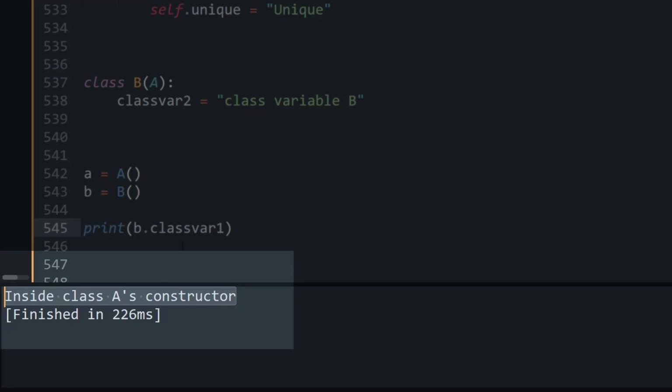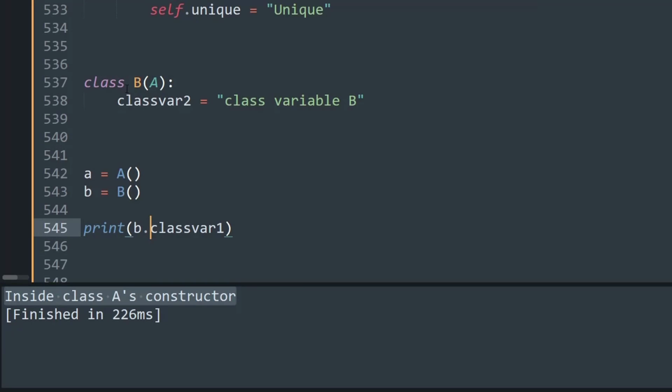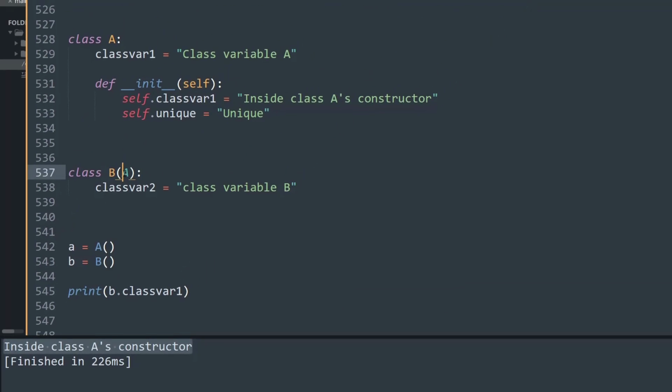Let's understand where that came from. Python ran class B and saw that class B has no init method. So it went into the parent class, class A, and went inside the init method and found the class var1, and that is what we printed. That is why the output inside class A's constructor is visible.